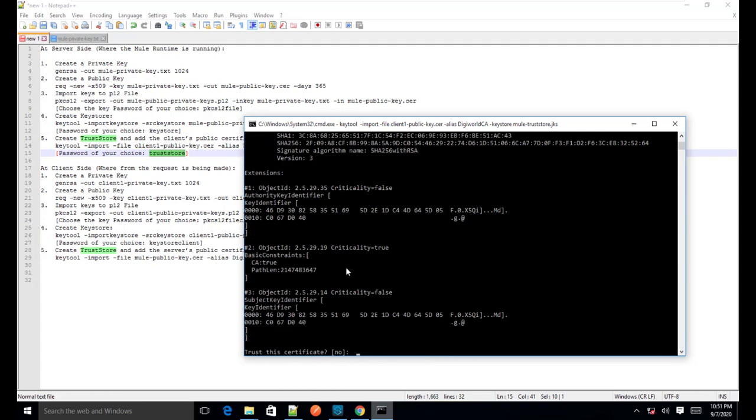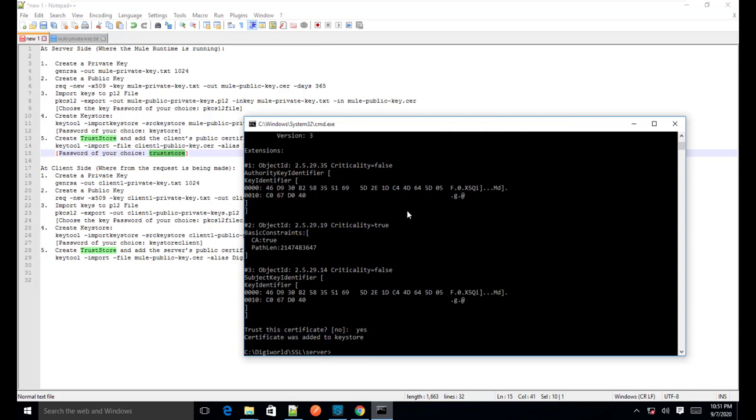As you can see, it has imported the certificate, but it is asking me whether to trust this certificate or not. So I am saying yes, trust this certificate, and it is showing that the certificate was added to the key store.